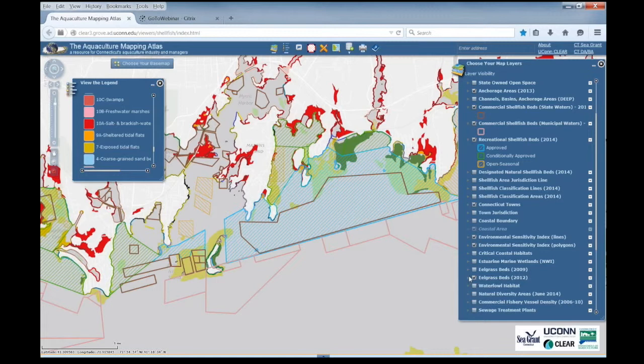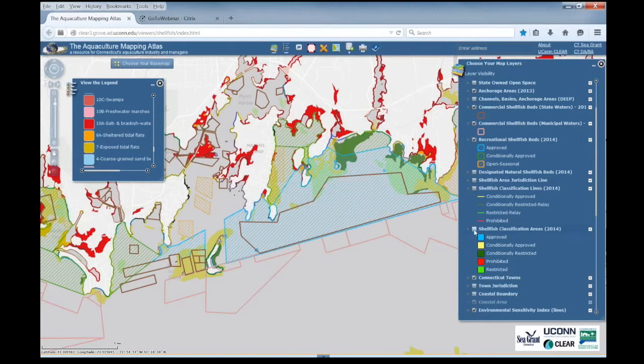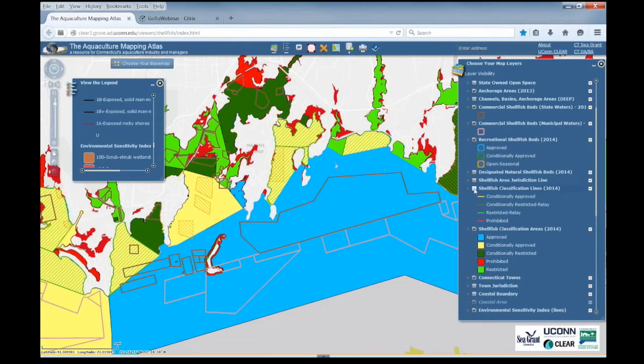occur? We're not talking about biological productivity here. What we are talking about is where shellfish can safely be harvested from. And so the way we get at that is to look at shellfish classification areas. So the federal government, through its National Shellfish Sanitation Program, has established a shellfish classification system. Many of you are probably familiar with this. The State Bureau of Aquaculture manages the State Shellfish Sanitation Program, and the way that they designate these areas as